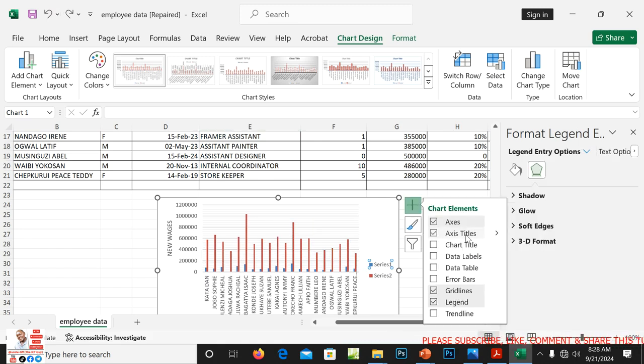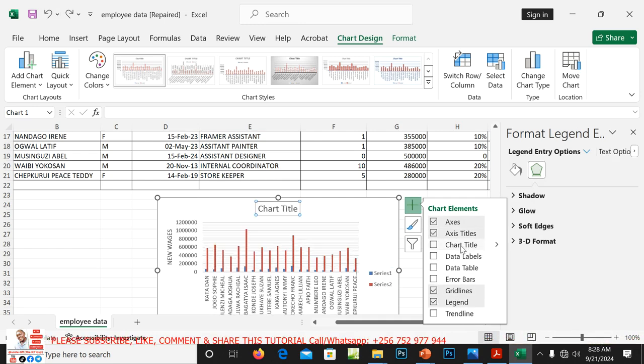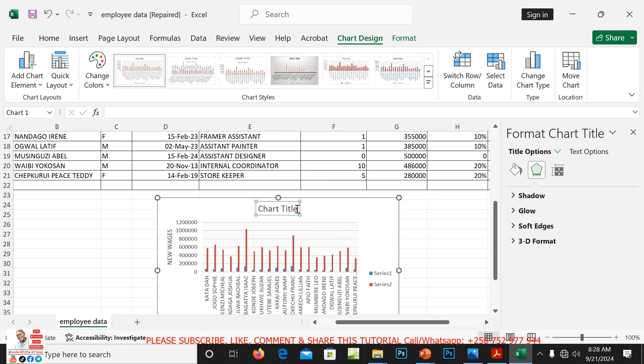So you can have a title, chart title. We call this a graph showing employees with their increments, showing employees increments and their new wages.